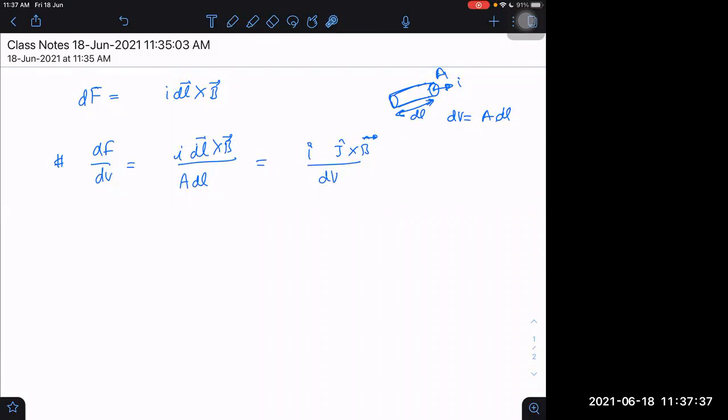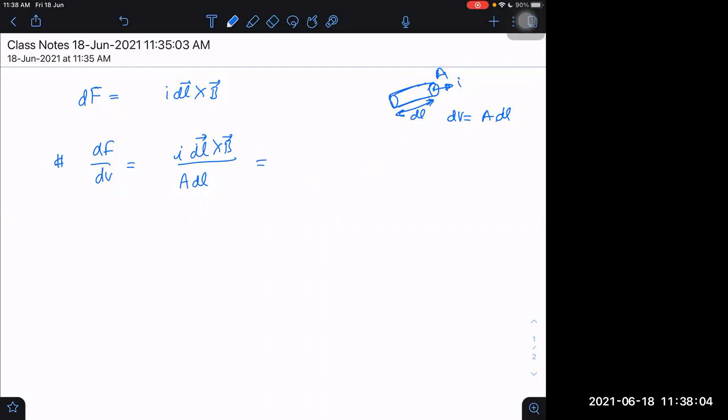Then I think it is wrong here. This should be written dl only, I think so. No. Wait. What have I done here? I have divided by volume, correct. I upon area I can write as J. Can I write I upon area as J or not? Yes, sir. Again, dl bar, you can write then J bar only for that.